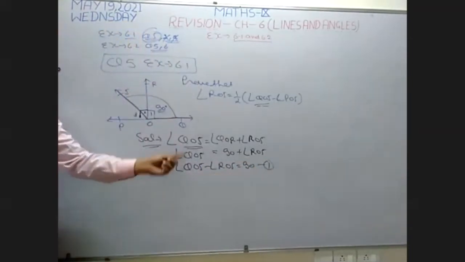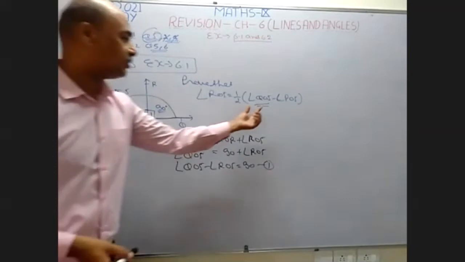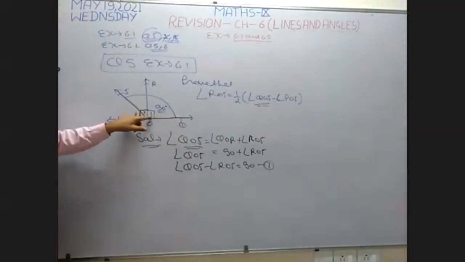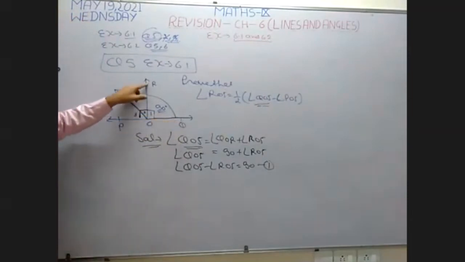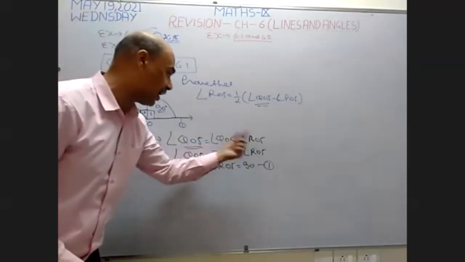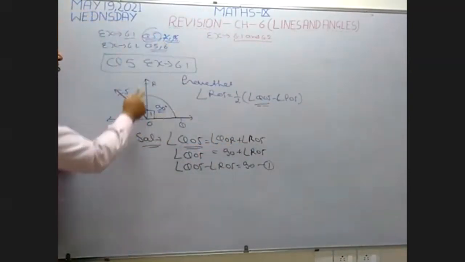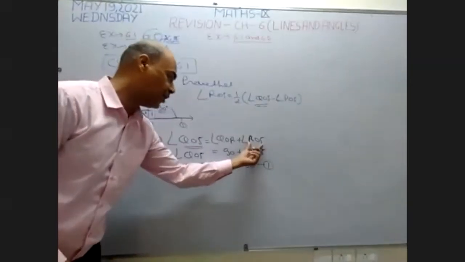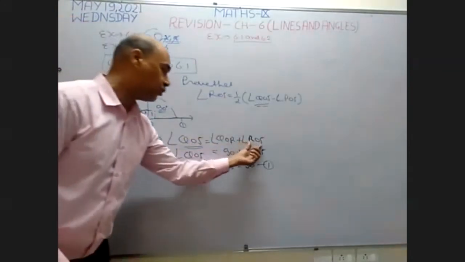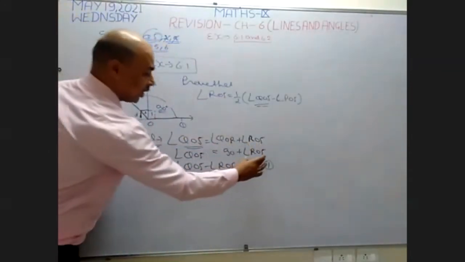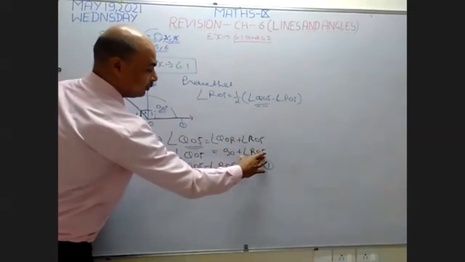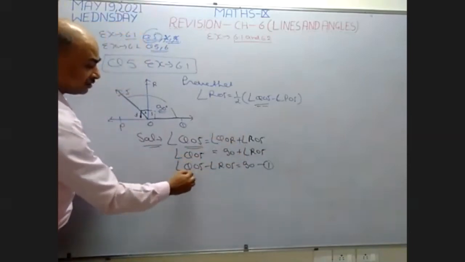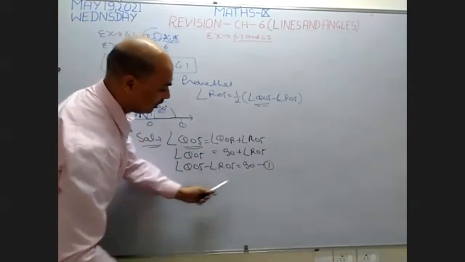I want to repeat it better. See how I start. I take this angle first. QOS, I write. Now this is QOS. QOS is the sum of angle 1 plus 2. Angle 1 and 2 are named QOR and ROS. So I write here QOR and ROS. In this question, the value of QOR is given as 90 degrees. So I write 90 degrees instead of QOR. ROS is going to remain as it is because its value is not given. Now I take this ROS from the right side to the left side. When I take this ROS from right to left, the positive angle becomes negative. So this becomes QOS minus ROS equals 90. I take it as equation number 1.